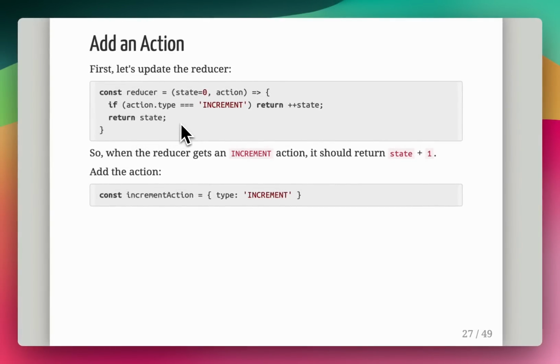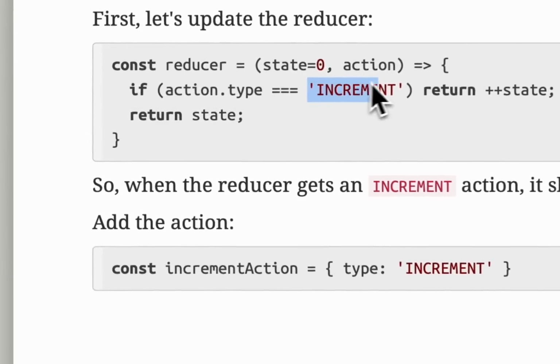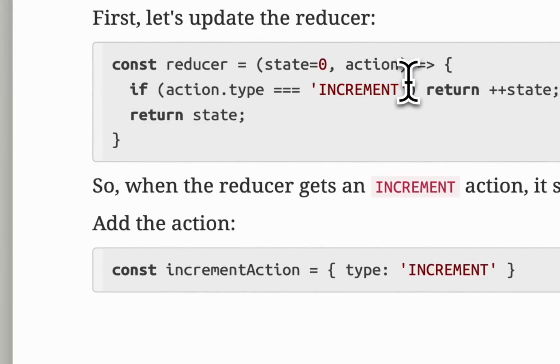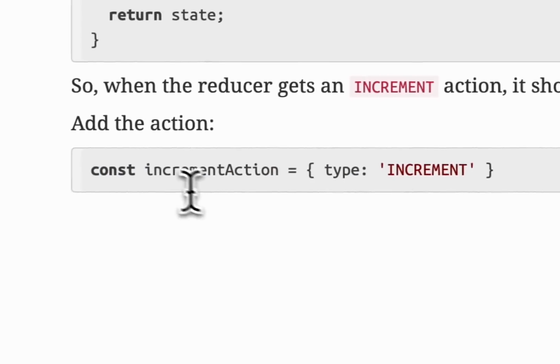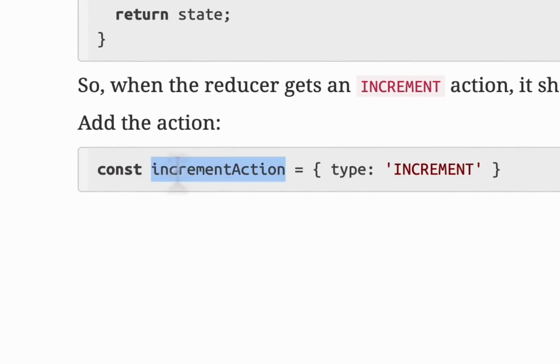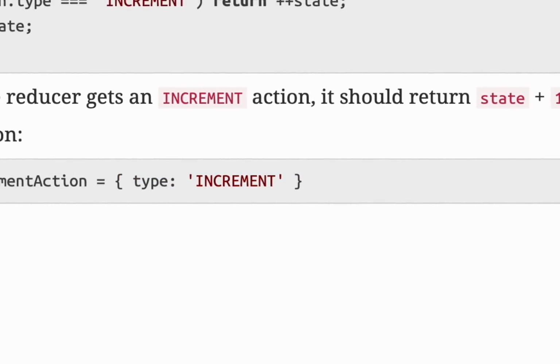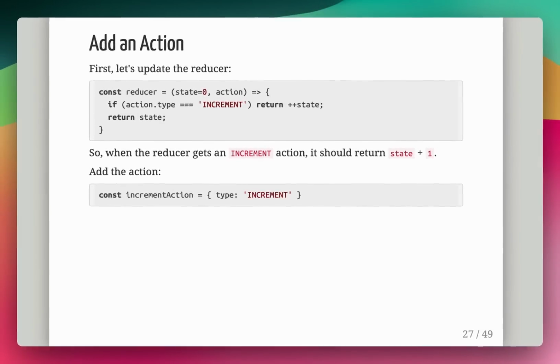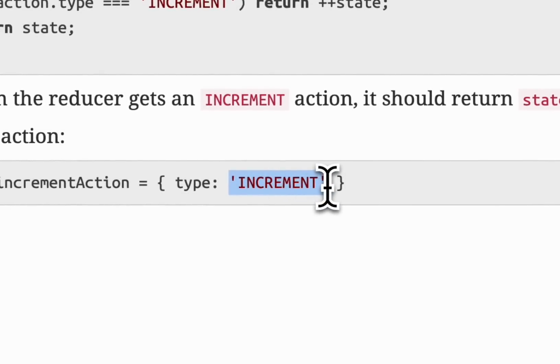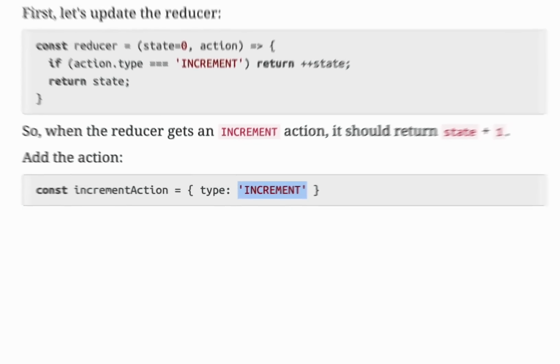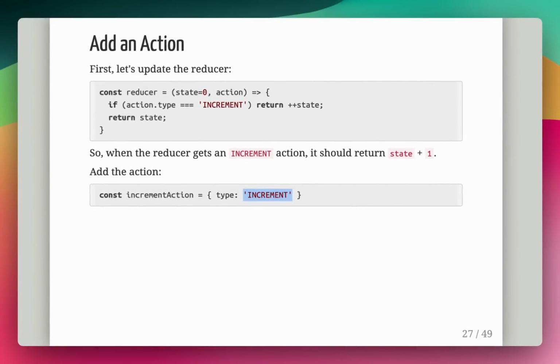Now, in other parts of your app, you need to retype this increment string again and again. To not do that, you can define an action object, right? Like this. So we call this increment action. And this action is nothing but an object. An action object will have two keys. One is called type, which defines the type of the object and is a string. The second key in an action object is a